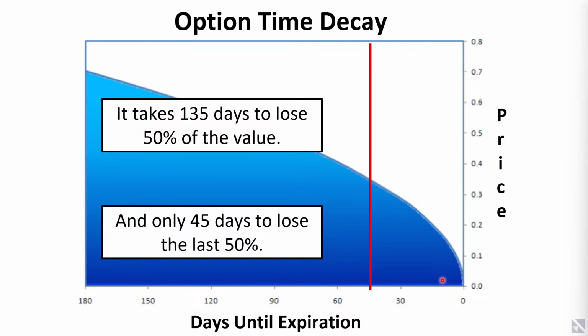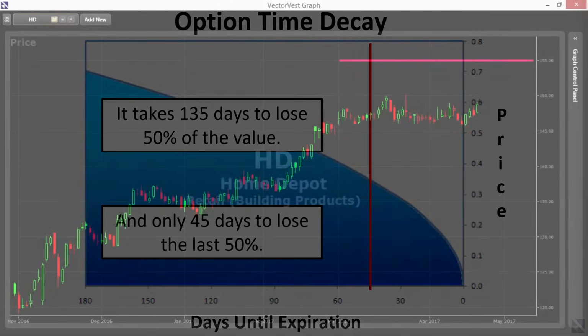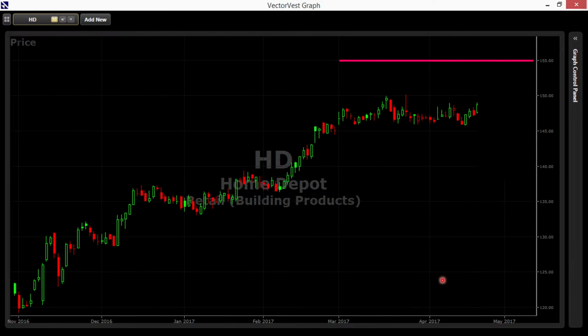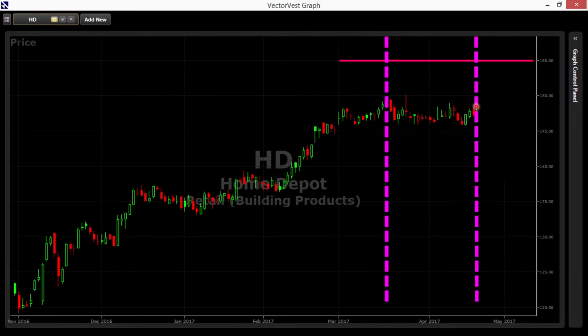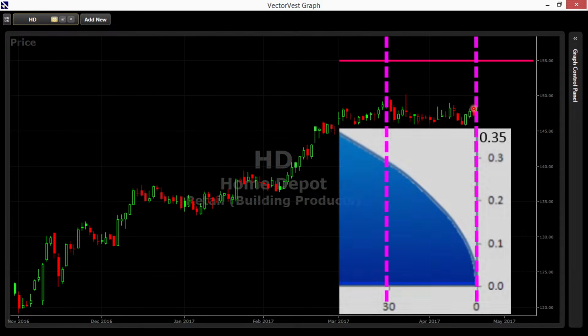So when you buy an option, if there is less than 45 days left until expiration, time decay is eating away at your possible profits. Here's a look at Home Depot, and this hopefully will help you visualize that. A lot of people choose an expiration date here. Remember, right here was the trade date. They choose an expiration date here, which is within 45 days. They choose an expiration date here, which is still within 45 days. And if I overlay that time decay,